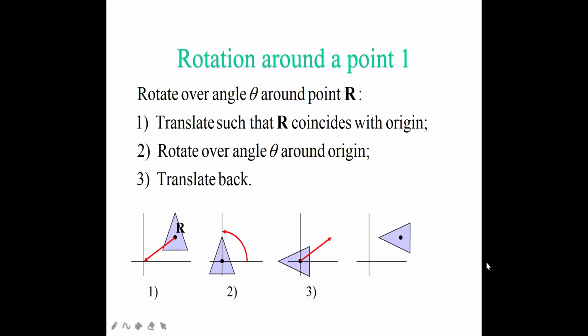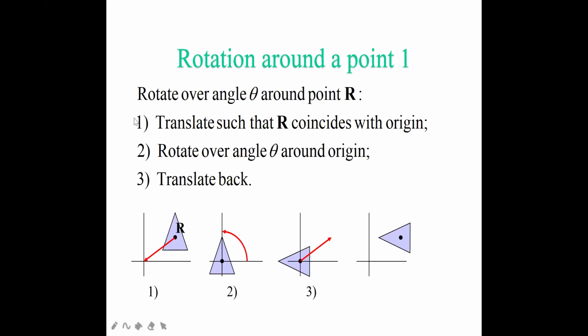Next we are going to see, whatever we have seen so far was in an equational way. Now we are going to see the same thing in a diagrammatical way. Here you can see I want to apply the rotation around a point R. Over here you will have one angle, so let's take that angle as theta. You have to be very careful where you are going to rotate. You are going to rotate on R.